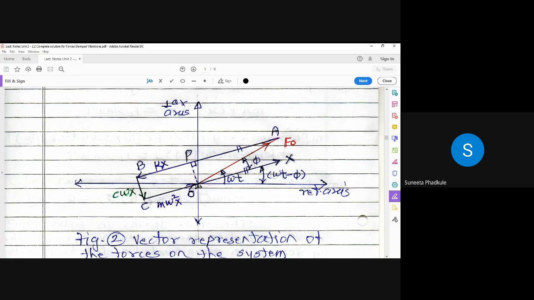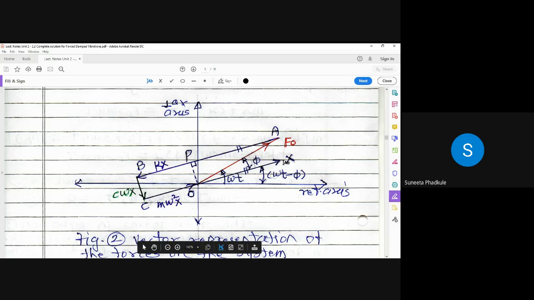So from here I have started, this is the origin, O. Which are the four forces? This is external force, then spring force, then damping force, and inertia force. I came again to the same point, so this is a closed polygon. Now how to draw this polygon? Because from this polygon, you have to derive certain equations. So let us first draw the displacement vector, capital X.